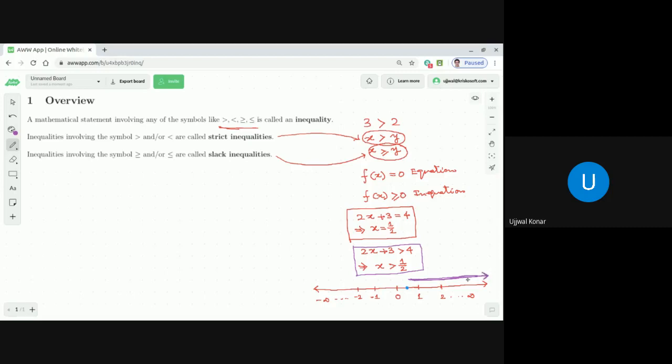So that is what, as I said a few minutes back, the solution to inequations is generally a range of values. And today we will discuss some properties of linear inequalities, and then we will see how we can use those properties to solve linear inequations. Because what is our end objective, dear students? Our end objective in this topic is: give me the solution set of 2x plus 3 greater than 4.